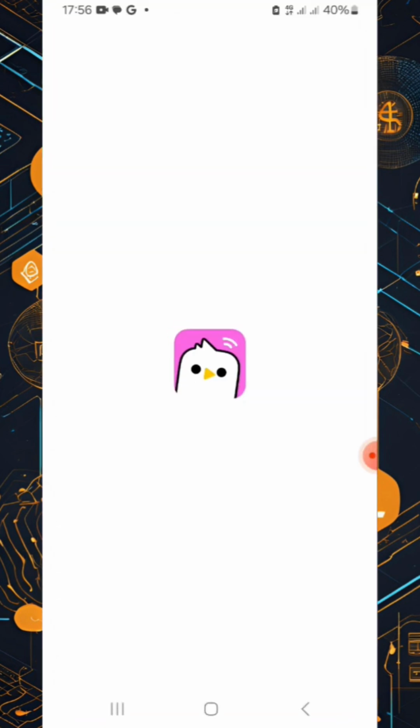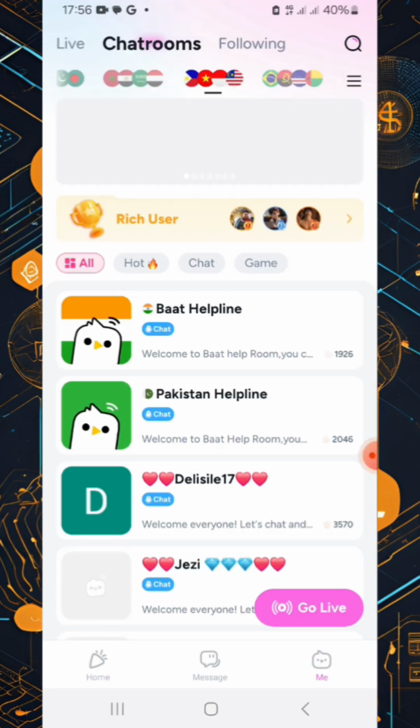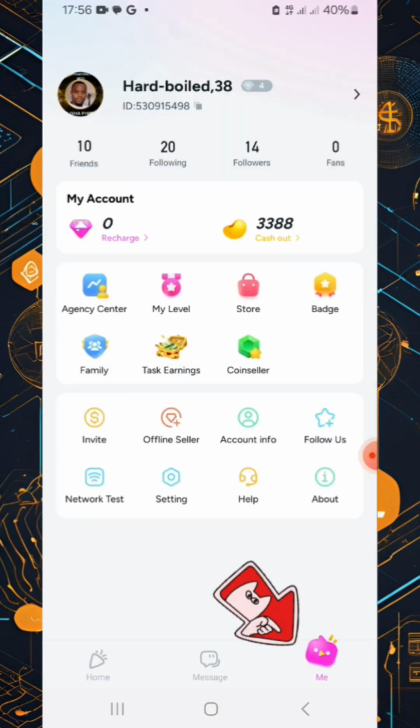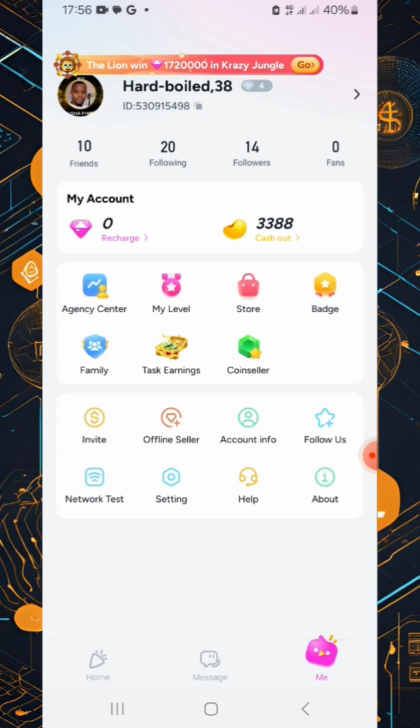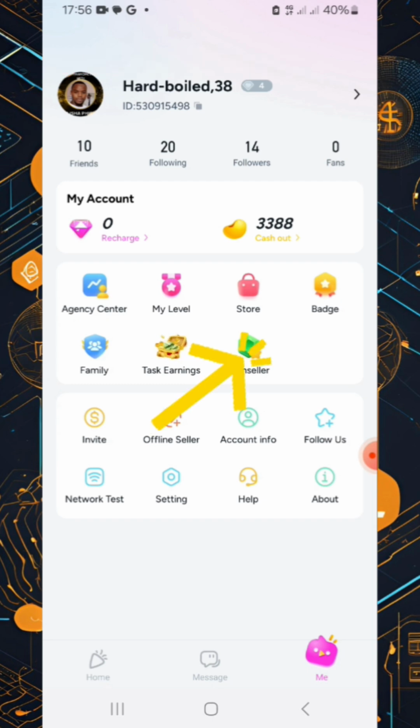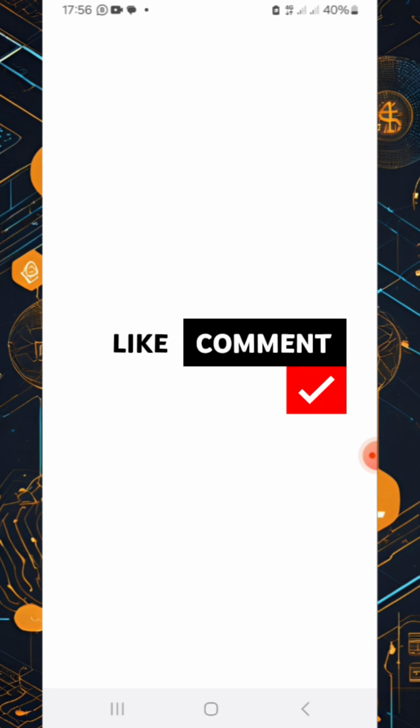I want to show you how you can recharge your BaatLive coins trading accounts. What you do is you open BaatLive, then the moment you're in, you click the profile tab, the one which is in the bottom right corner. Then from here, you click coin seller, and boom, when you're in,